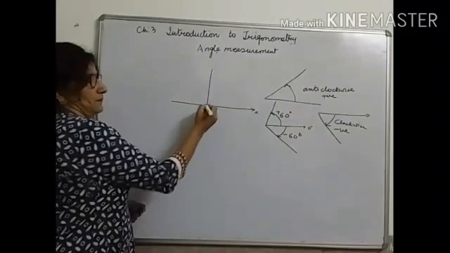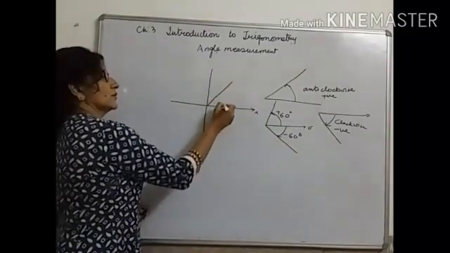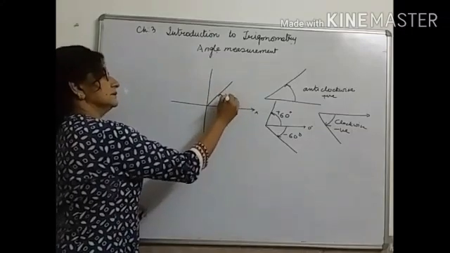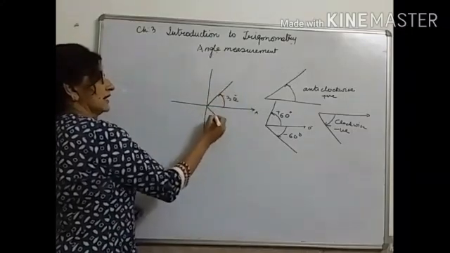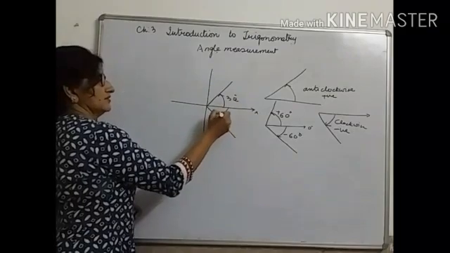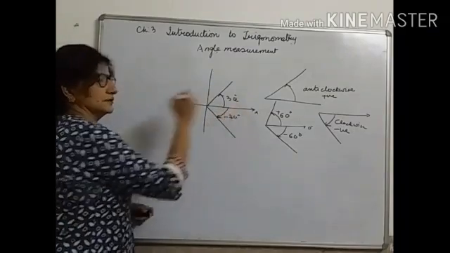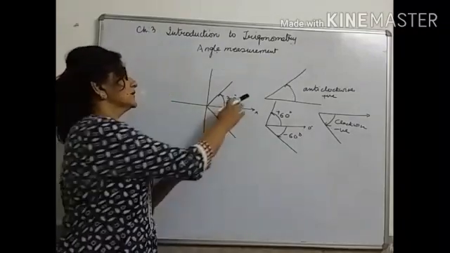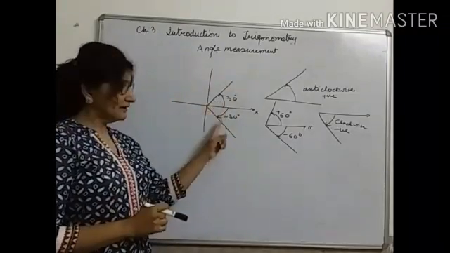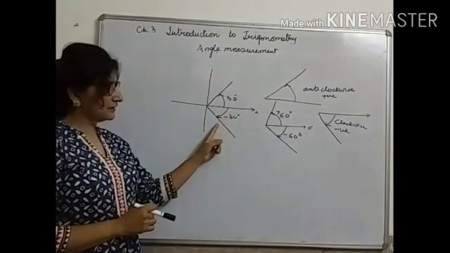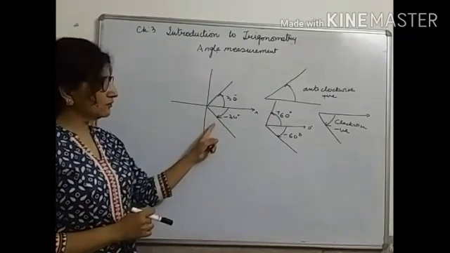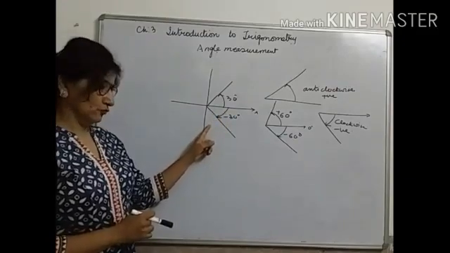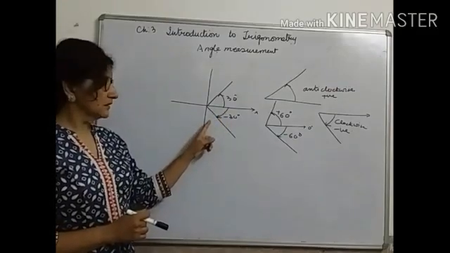One more way I explain it: say this is my x-axis, when I measure it anti-clockwise, the angle will be here. This is positive, okay? Say 30 degree. And when I take it here clockwise, it will be minus 30 degree. From here, one more thing we get to know, that it is in the first quadrant, and when it is minus 30 degree along the lower side, clockwise direction of the x-axis, it falls in the fourth quadrant, right?